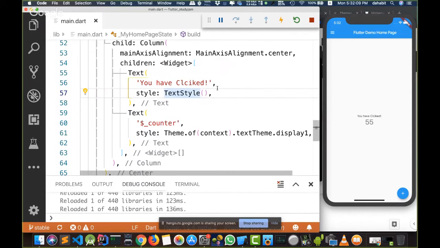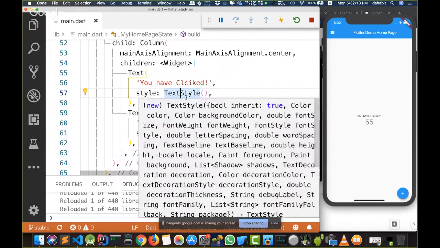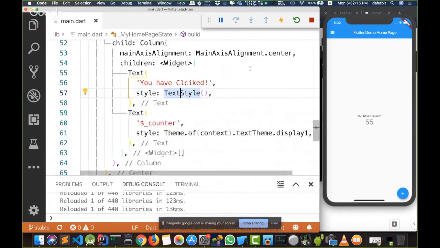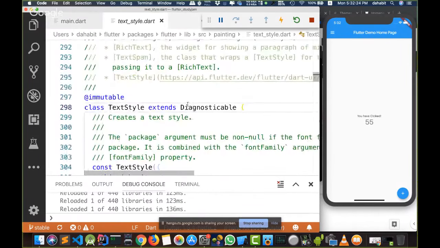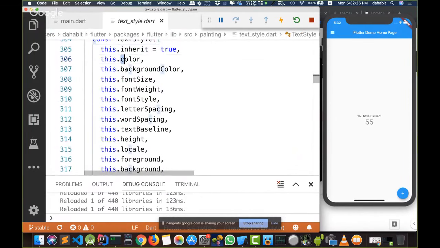But I want you to not memorize anything. Even if you don't know anything about TextStyle and you don't know what the properties inside this widget are, just press Command or Control and click on this widget, and you will find all properties inside this widget. You will find color, font size, font weight, and font style inside this widget.